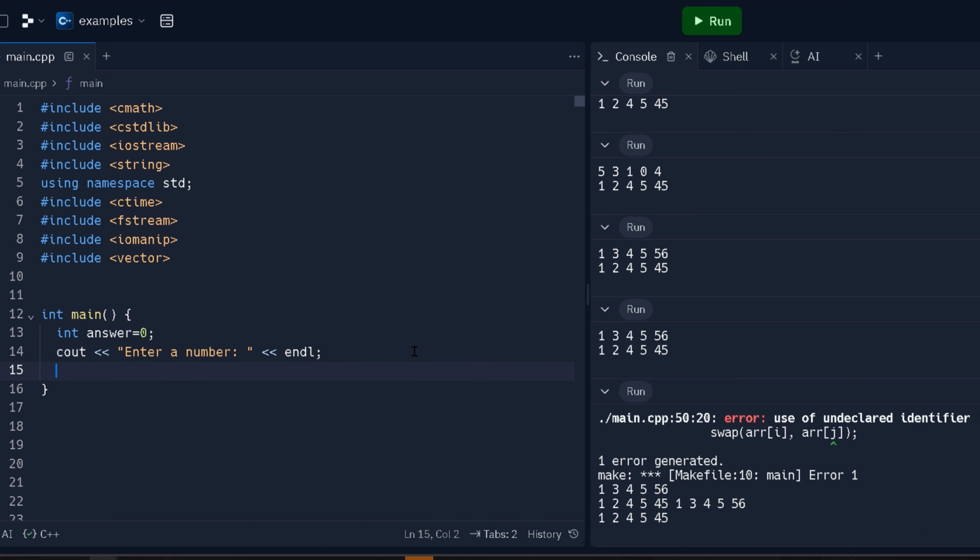Now the user is going to do cin. We're going to get some value, and again we're storing it inside of answer. Now let's make our array. So that's all just for input. Our array is going to be of type int. The right way to declare an array is to have the variable type, the name, and then your brackets. After this, we're going to set it equal to, and we'll just fill this in automatically with a long list